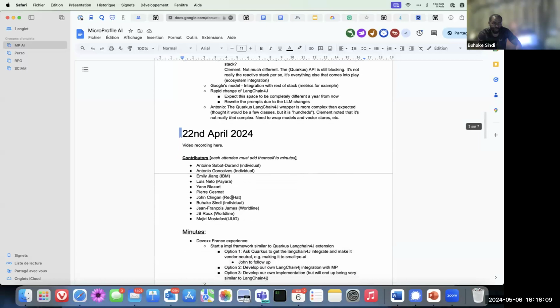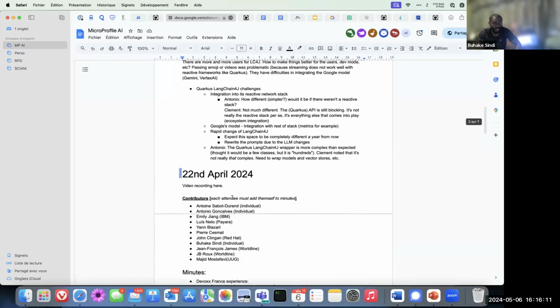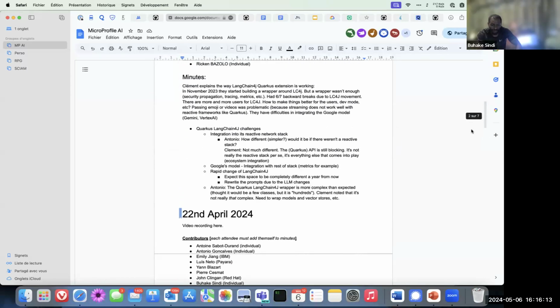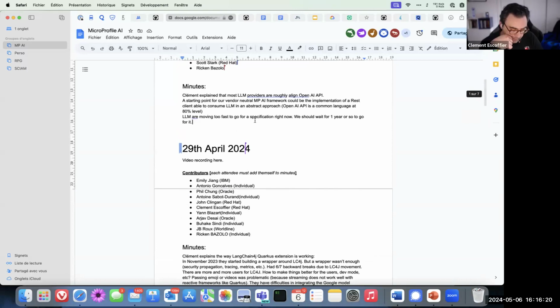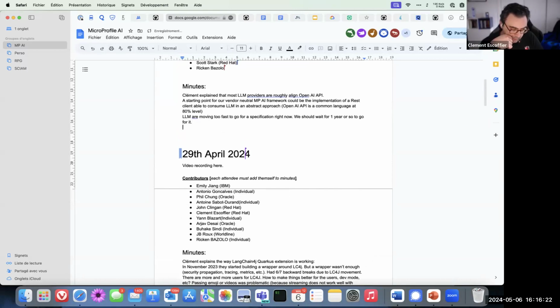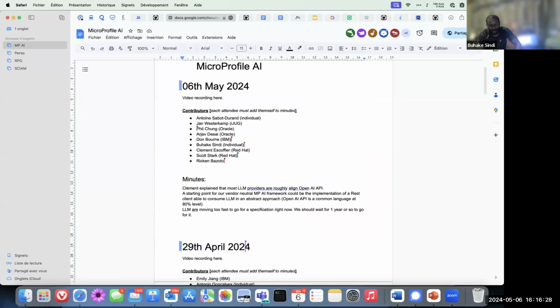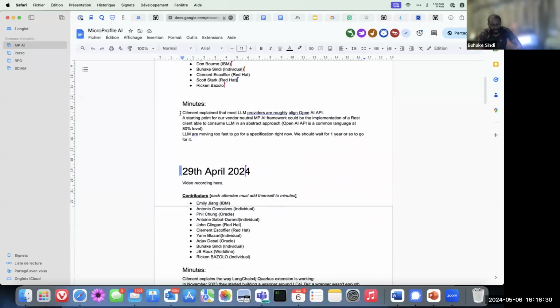Even though completion is kind of similar between various LLMs, some of them have top K and some of them have max tokens or whatever. So the abstraction would be how do we make it compatible so that when a developer just uses